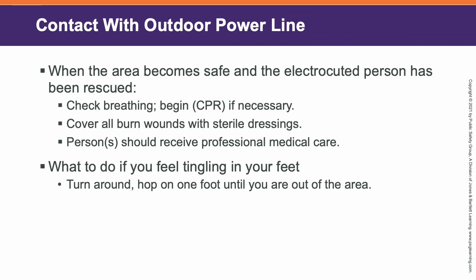So, if you come in contact with an outdoor power line, if there's a downed power line around, okay, here's some things you need to do. You need to make sure that the area is safe. Don't go into the area until that power is off. Like we talked about early in the semester, there's no reason creating two injured people, right? Two people that have to go to the hospital. It's just going to cause more problems. So you cannot help somebody until they are in a situation where you are not going to hurt yourself and debilitate yourself.